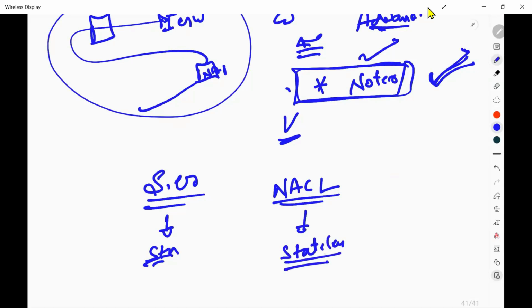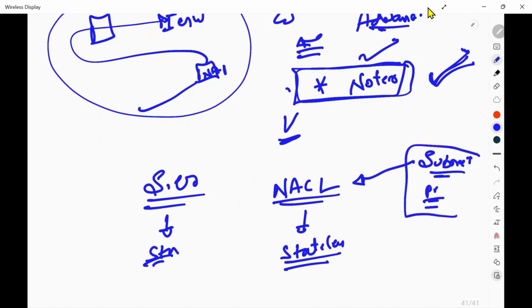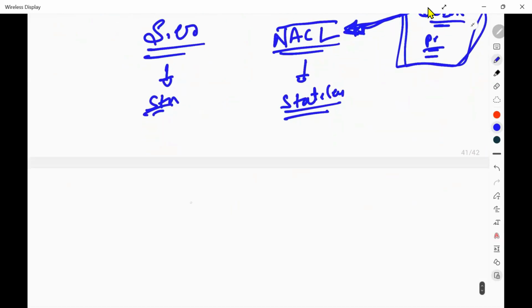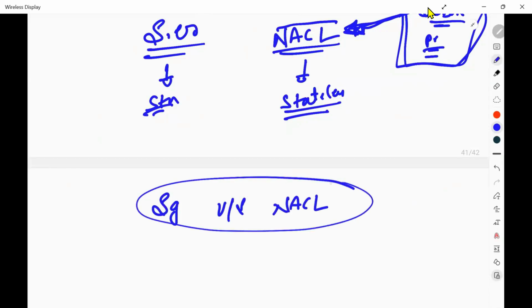Now, if I want to explain NACL, first you should know what a subnet is. Today we discussed what a private subnet and a public subnet are, right? So first, go through what a subnet, private subnet, and public subnet are. Then we'll come back to NACL. Then we'll compare your security group versus your NACL, because this is one of the frequently asked interview questions. We'll see the comparison between these two tomorrow, and we'll do the practicals about your VPC.